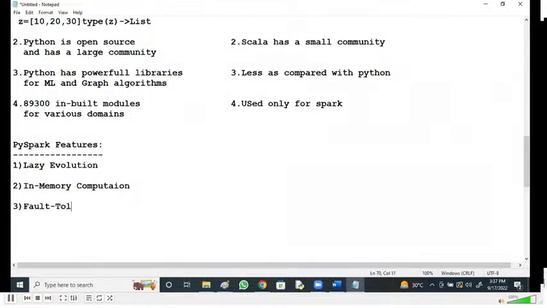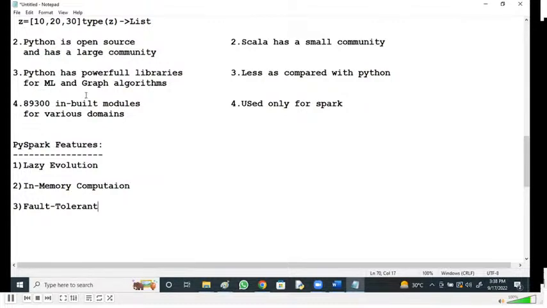Fault tolerant. So, a powerful fault tolerance model, right? You can see data is distributed across multiple machines.